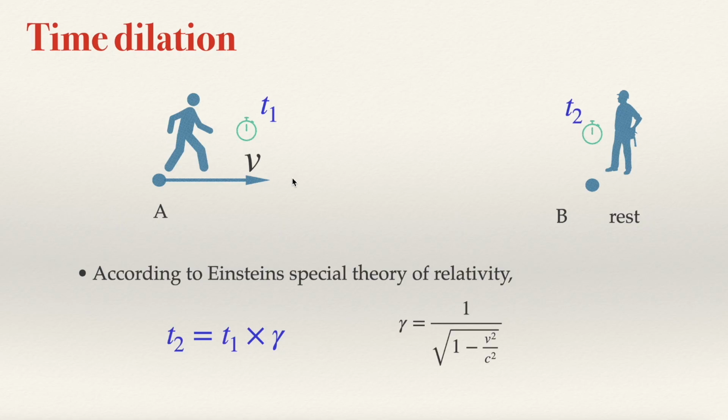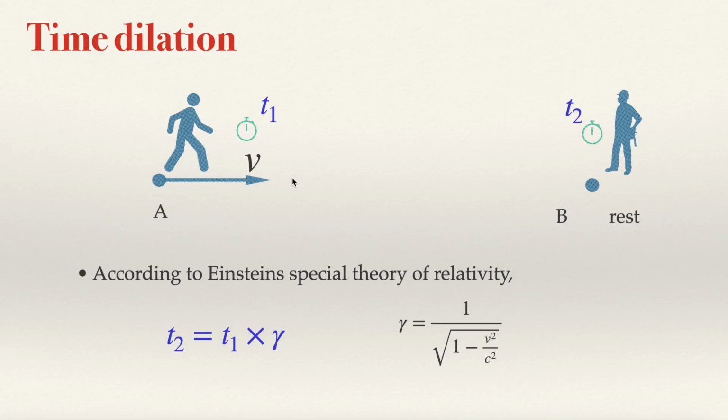According to Einstein, since A is moving with a velocity v with respect to B, its clock slows down compared to B. So the time t2 would be t1 times gamma, where gamma is the Lorentz factor,